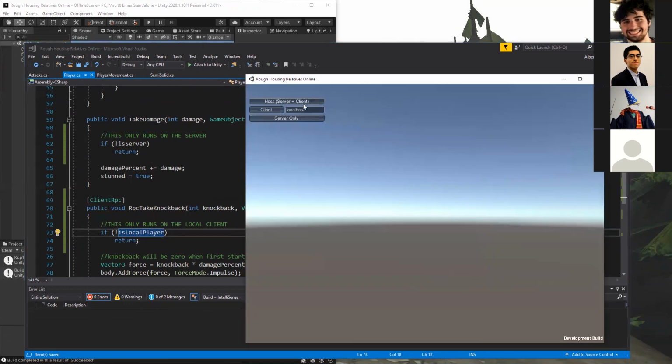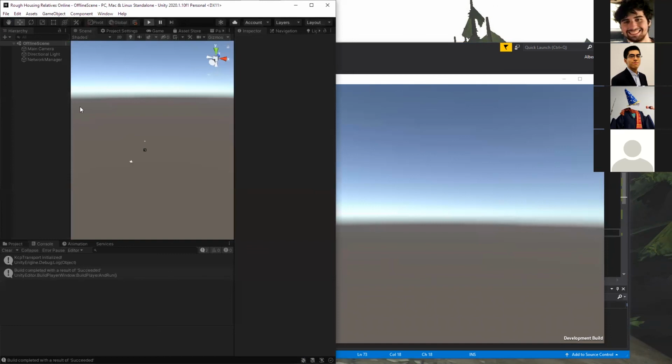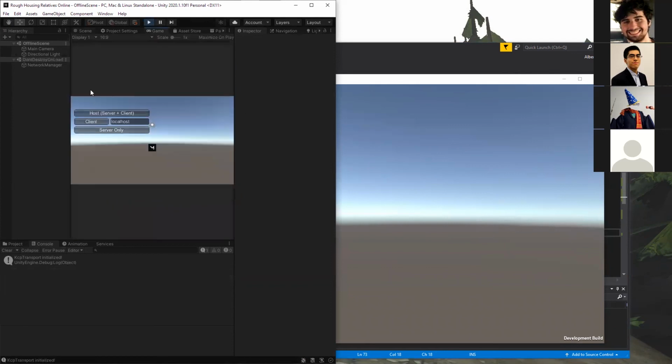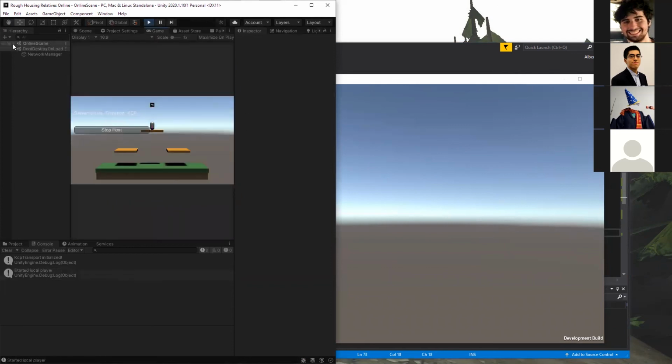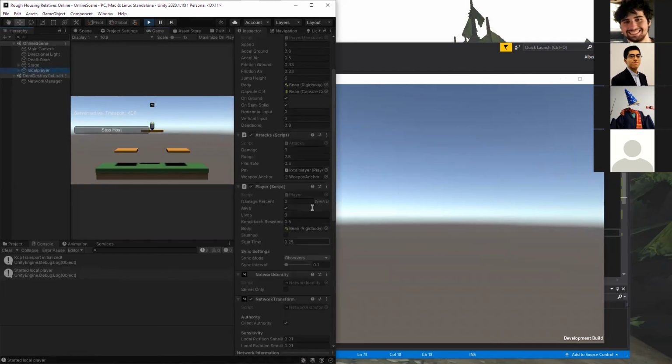Another way you can check it is when you have the hierarchy shown, you can select the player object in the hierarchy and see the values of the player. So I can select it in here, local player, player script. It actually tells me it's a sync variable next to damage percent.